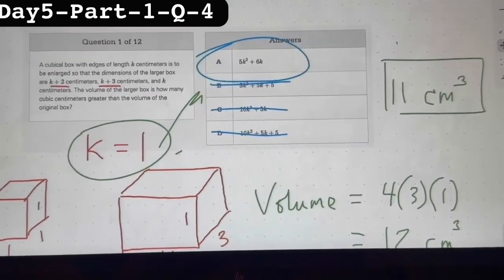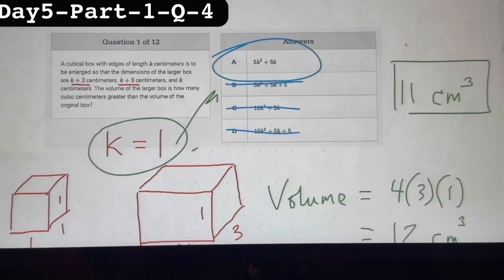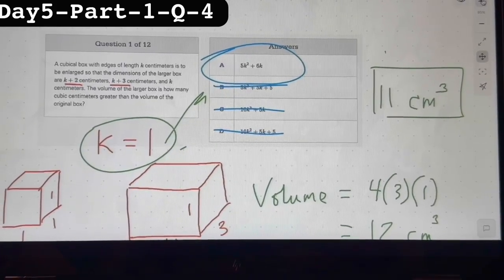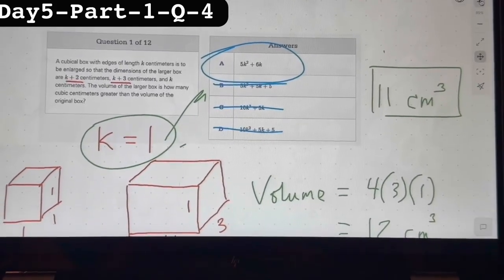Or an algebra teacher, God forbid. But yeah, you're probably not. But you're going to use a lot of logic in life, and you're going to use a lot of problem solving. And you know what? You're probably going to be dealing with